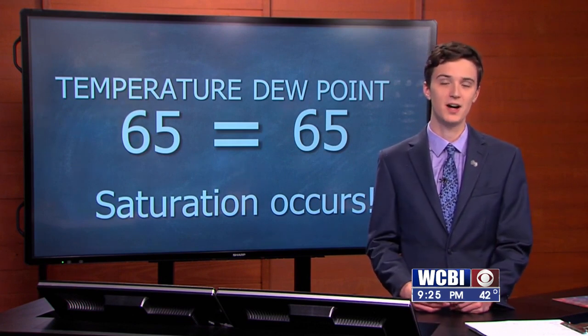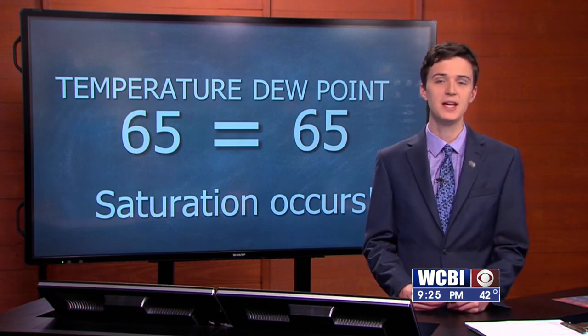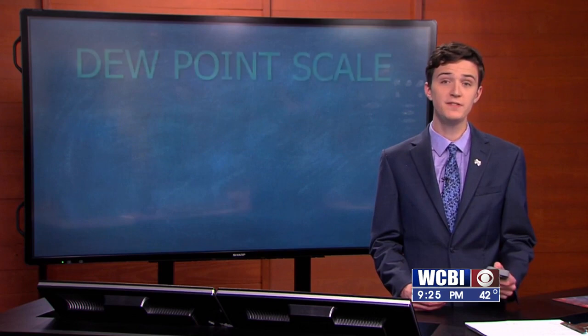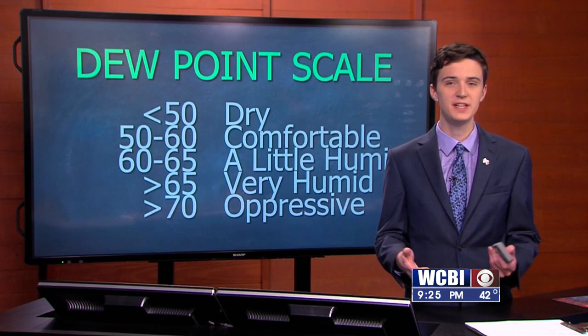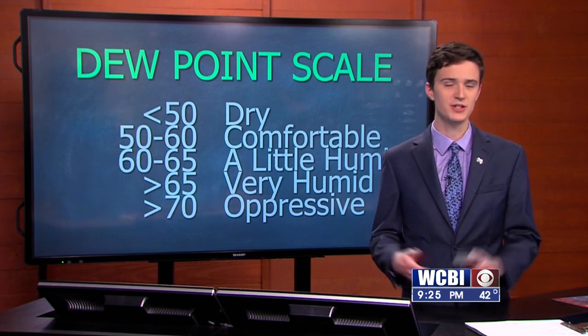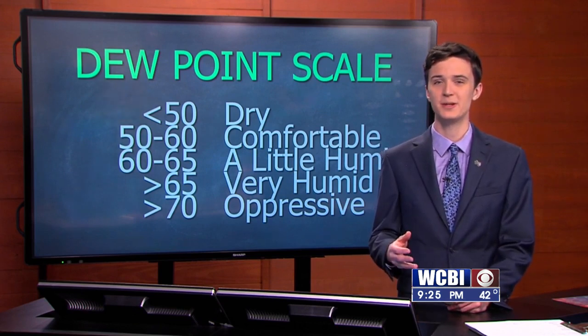This is also how fog forms, as the air must reach saturation before it can form. The dew point always has to be less than or equal to the temperature. A dew point of 50 degrees or less signifies dry air. If the dew point is between about 50 and 60 degrees, you would consider the air comfortable without much noticeable humidity. And once the dew point gets above 60 degrees, that's when you really start to notice that muggy feeling